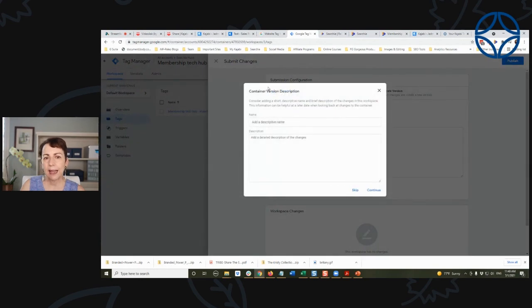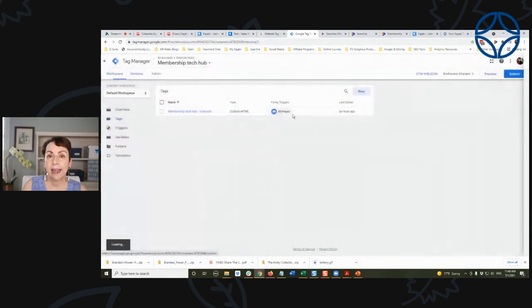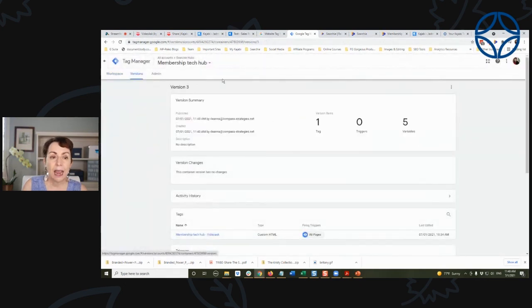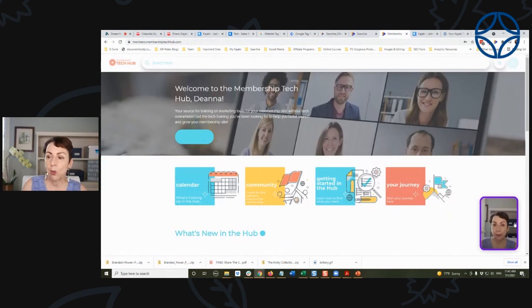Then it asks you for a version description, because if you change something along the way, as of July 1st, 2021, I updated this, I might want to put it in here: July 1, 2021 update, I updated it because of X. In most cases, you're just going to say continue, and it's going to say it's publishing your version. And that then is what displayed the Video Ask on the Searchy Hub.